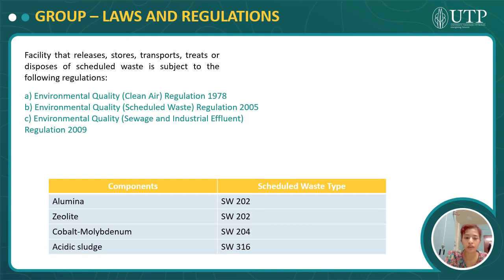So based on our waste, alumina and zeolite are under waste catalyst, while cobalt molybdenum is under sludges containing one or several metals. And other waste is categorized under acidic sludge because it contains ammonia and several other chemicals that are